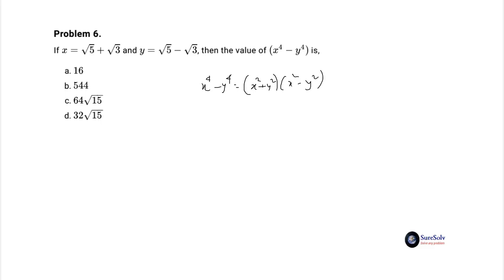Taking up the first factor, the third middle term 2 root 15 cancels out in x square plus y square and the result is numeric 16. X square plus y square equal to 2 times 8 equal to 16. On the other hand, for the other factor x square minus y square, the squares of the third terms are cancelled out with the result x square minus y square equal to 4 root 15.